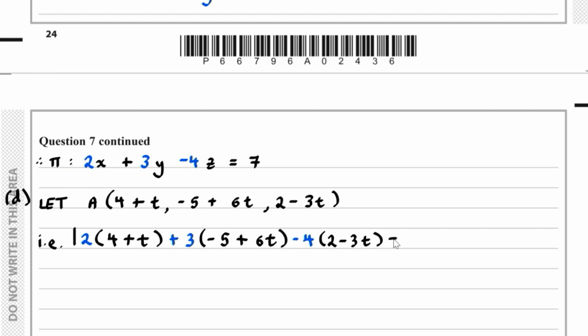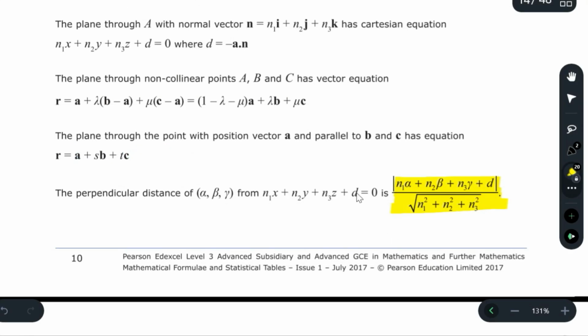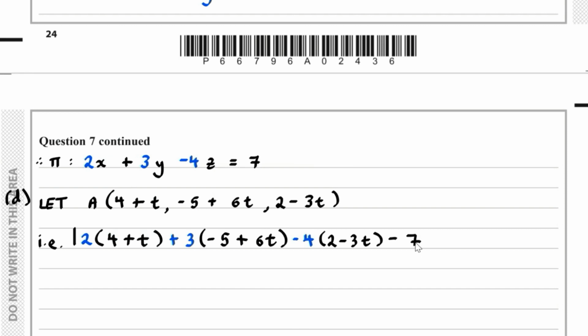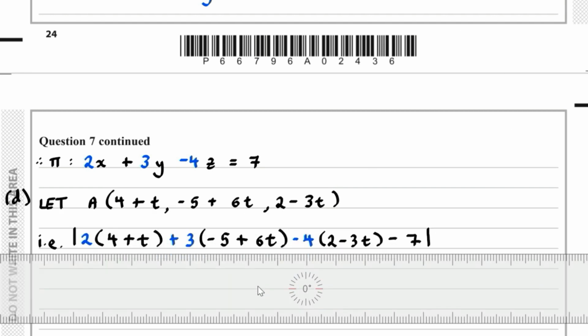And then we've got minus 7, because remember, if we take it over to the other side, we'd have minus 7. Remember, all this is modded. And then we divide this by